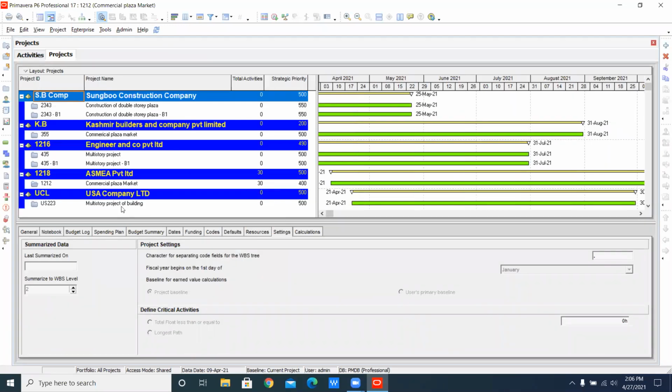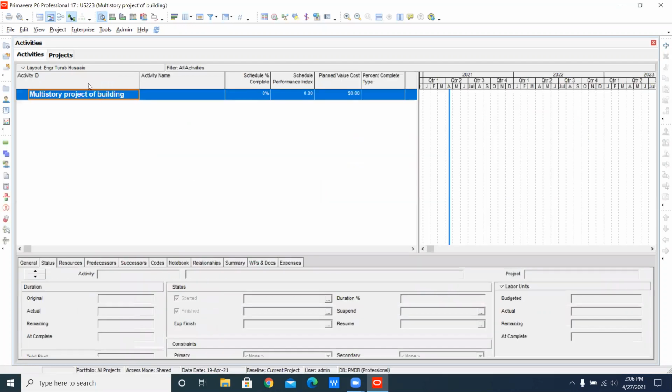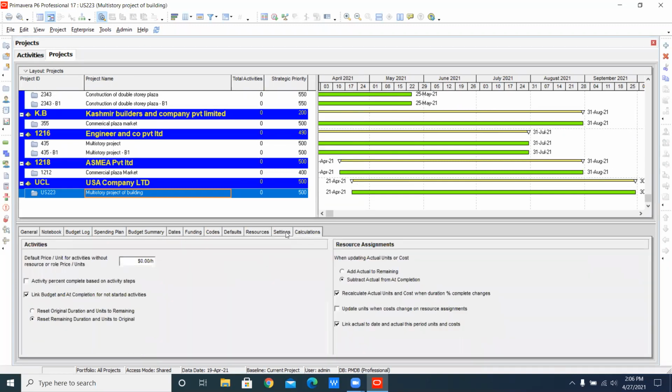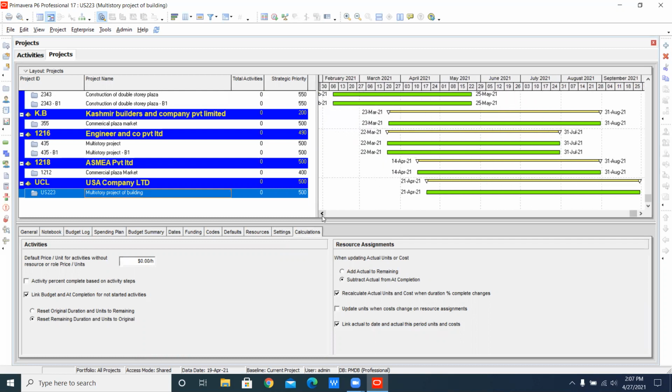Our company was the USA company, and today I will teach. Yesterday I taught about the calculations. Today I will teach about the project portfolio, that is, what the project portfolio basically is. In the project portfolio, we will work only on the EPS we want.